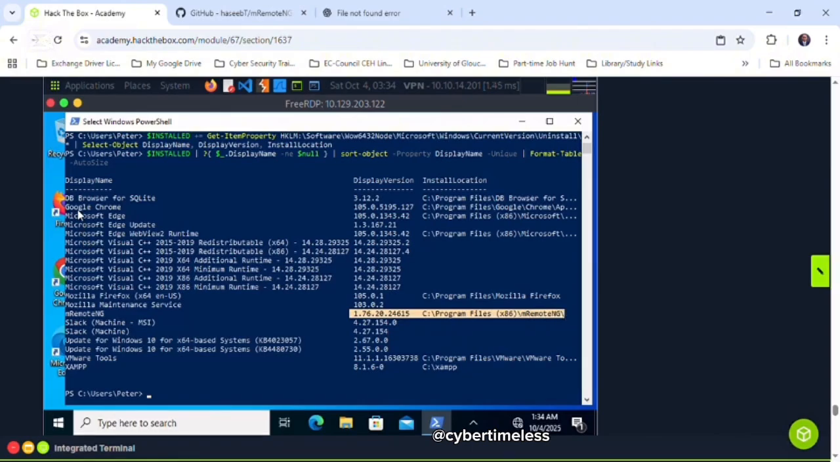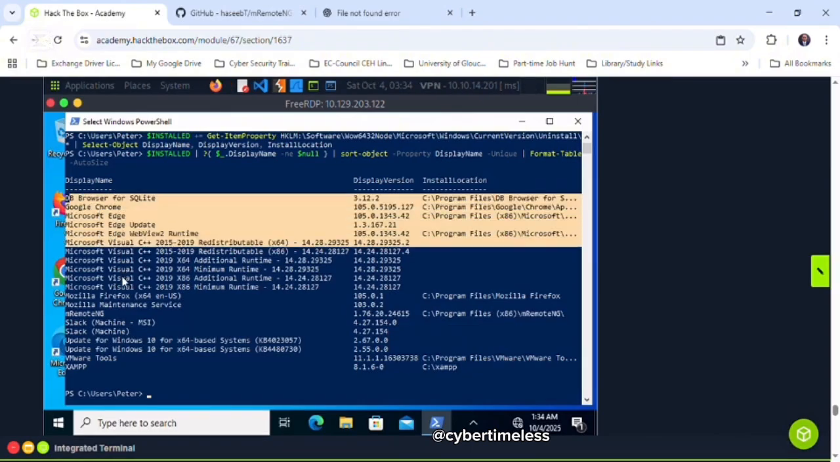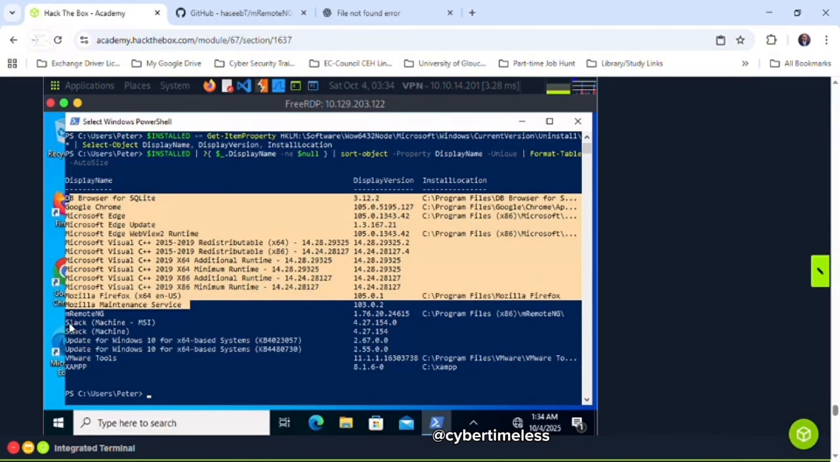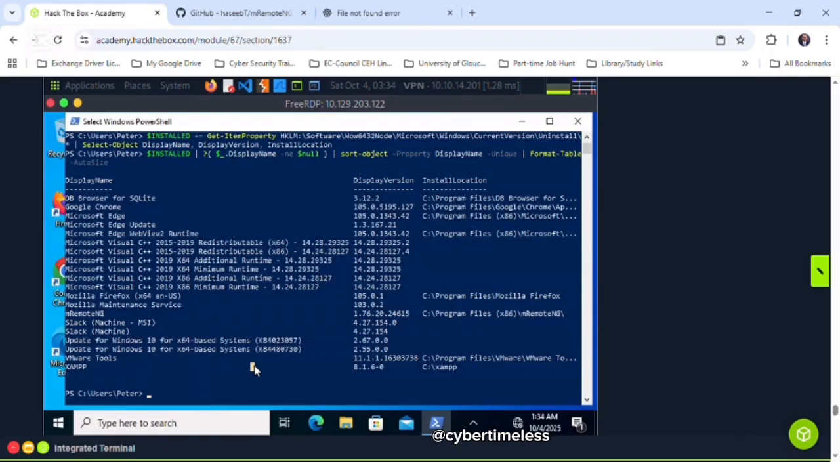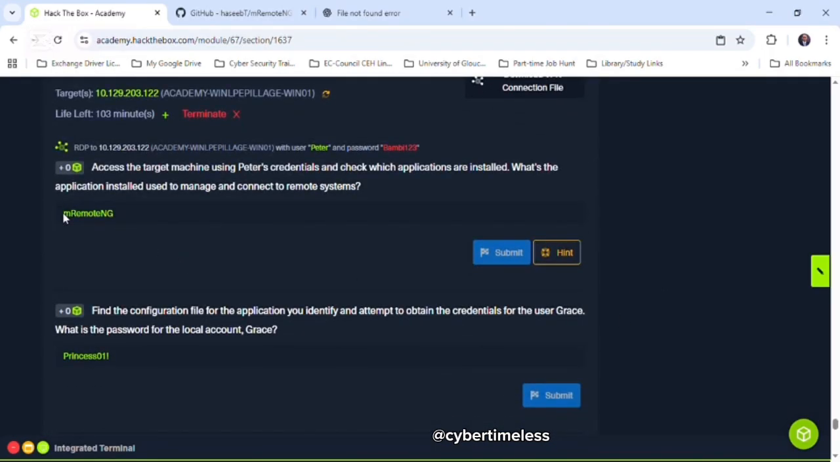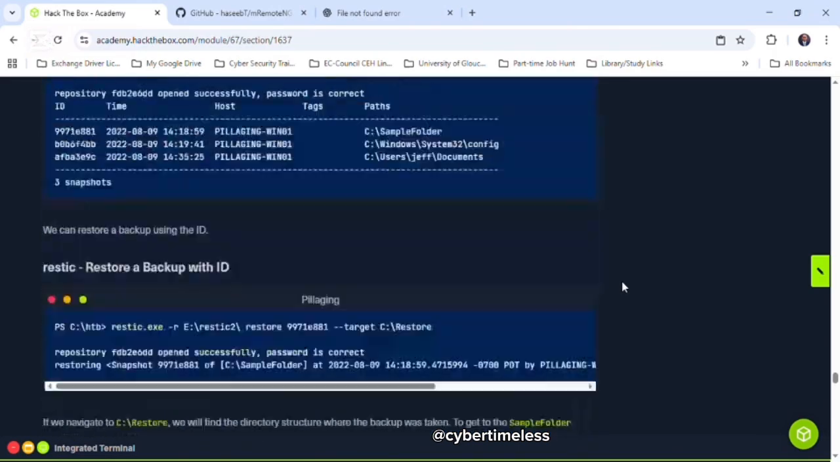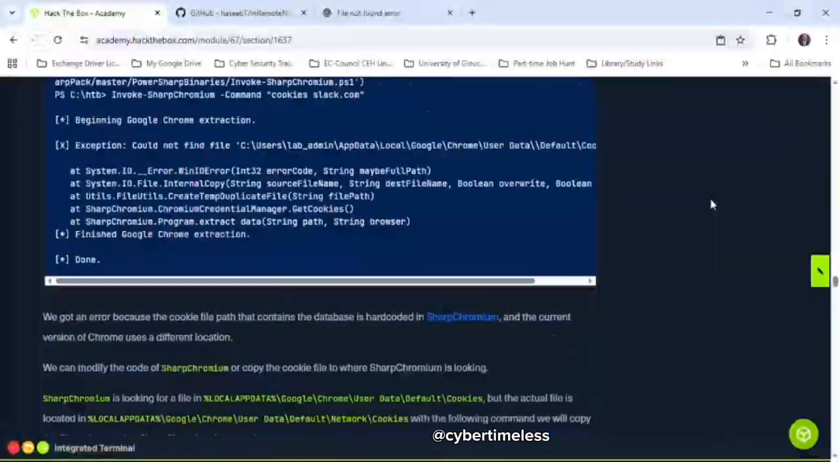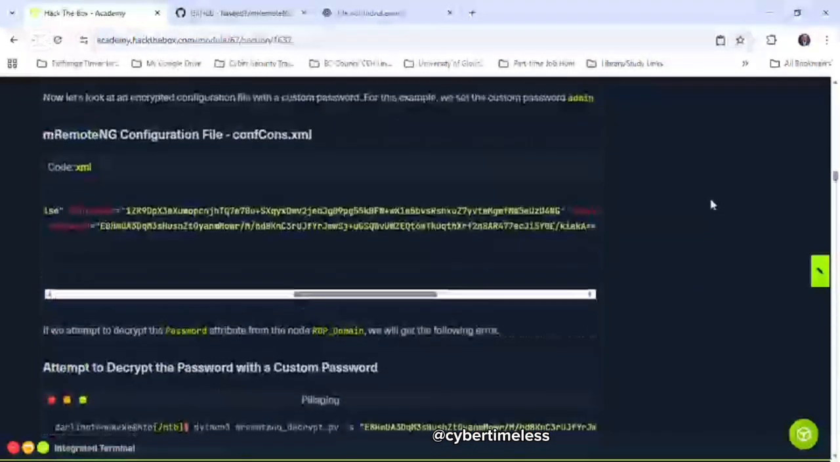We are only going to focus on the assignment, what we want us to do, which is to get the configuration file for the mremote ng application and attempt to obtain the credential for the user Grace. What's the password for the local account Grace? Now we've gotten the location of where the